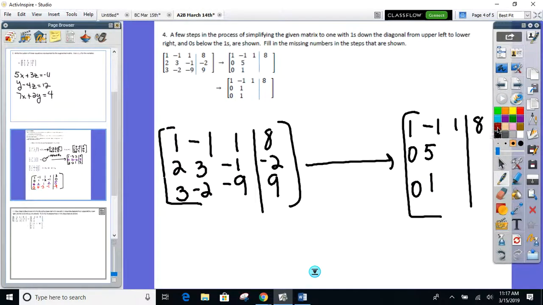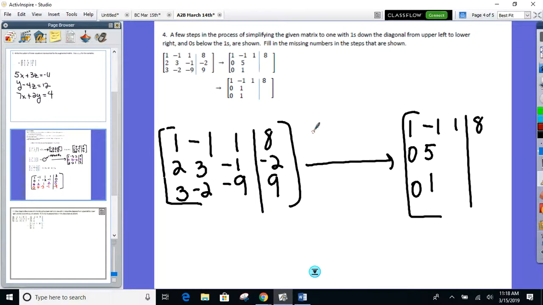Okay, here we go. Let's start with row 2 first. How do I make a 2 go to the 0 with the same rule, a 3 go to a 5? You can interchange, you can multiply a row and add. Okay, how do I make a 2 turn into the 0? I gotta add a -2 to it. How do I get a -2 out of the rows that are left here? Nick, name that row? Okay, so he's saying take row 1, go ahead, Nick, and multiply it by